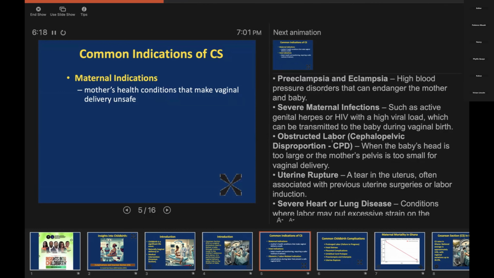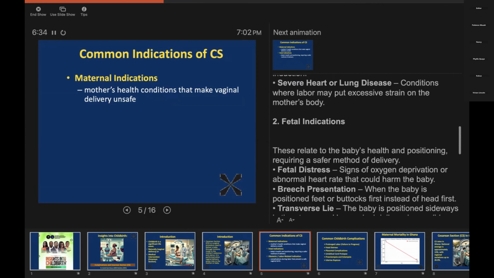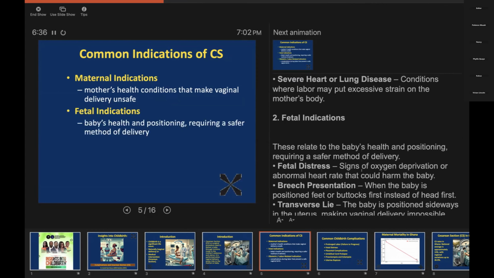But in case it comes in normal labor, we've estimated and think this woman can deliver through the vaginal route. But in the care during labor, we notice that labor is not progressing, it's not going on as expected. Then we'll suggest cesarean section for such a pregnant woman. We also have certain fetal, the baby's conditions, for which we will suggest cesarean section for a mother who is